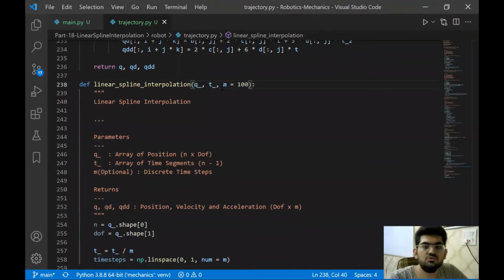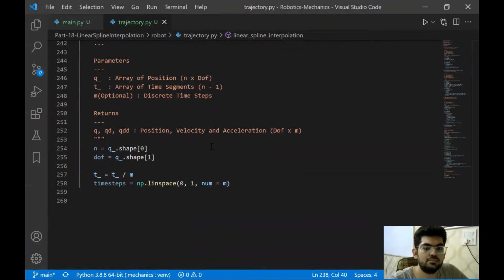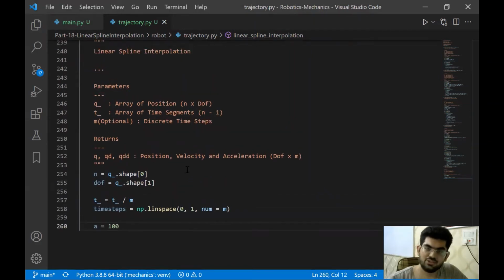One interesting thing to do would be to introduce an optional parameter over here that the user can specify for the acceleration. But for now, let's just assume the acceleration to be 100. Now 100 is a big value. This value is big because we are planning between 0 to 1. But if we extend that generalization from 0 to 1 to any time, the acceleration value would go down accordingly.